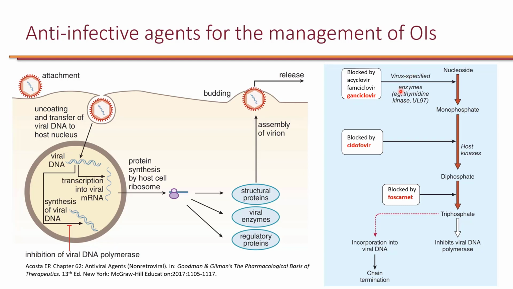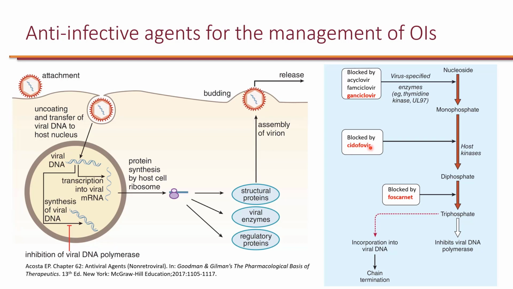In the case of herpes simplex virus, it is thymidine kinase. In the case of CMV, it's a protein called UL97. So it's UL97 that will phosphorylate ganciclovir, and then ganciclovir phosphorylated by UL97 will be able to block this step. Now, this is monophosphorylated. It will continue to be phosphorylated to a diphosphate nucleotide, and this is the step that's blocked